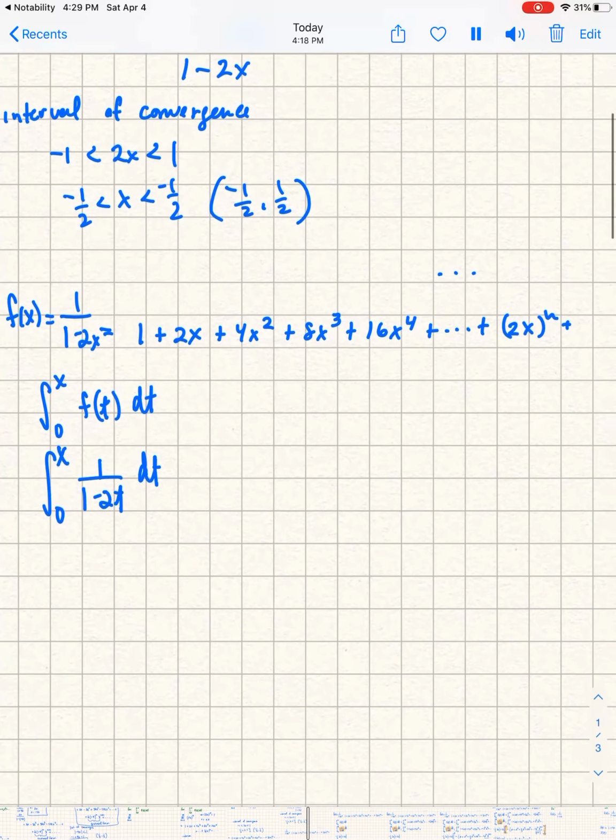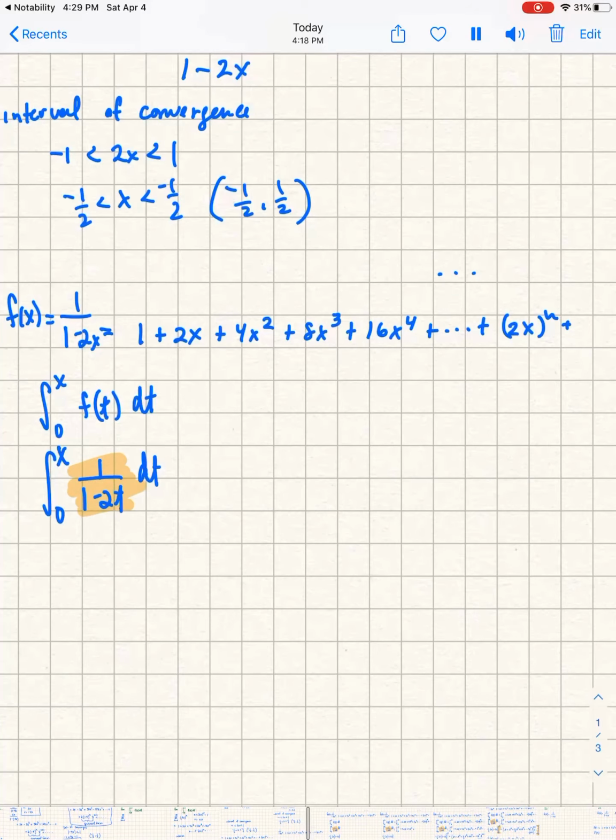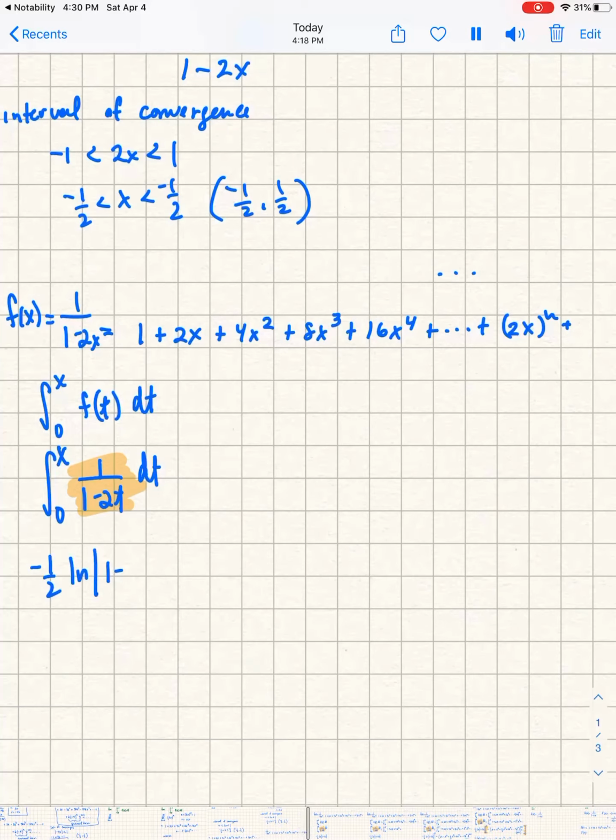All right. And now we know our rules, okay? Just going back to natural log, if you have to, review those rules, because this should have a negative 1/2. You're doing the reciprocal of that derivative inside, and then ln of 1 minus 2t, okay? And I'm not going to worry about the plus c here, because the main thing now is I'm doing the integral